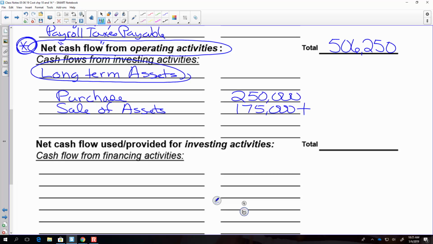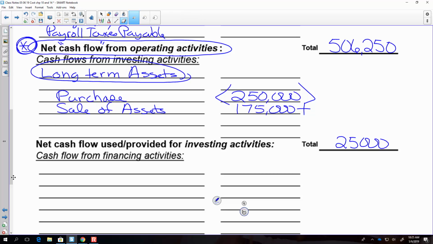A 250 is a purchase, I'm spending my money. And that's how I get the cash from investing. My negative